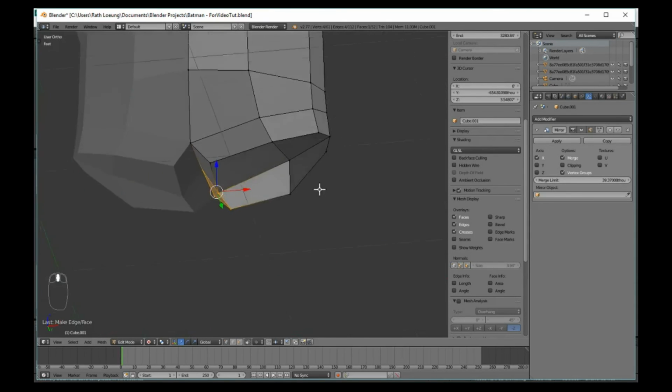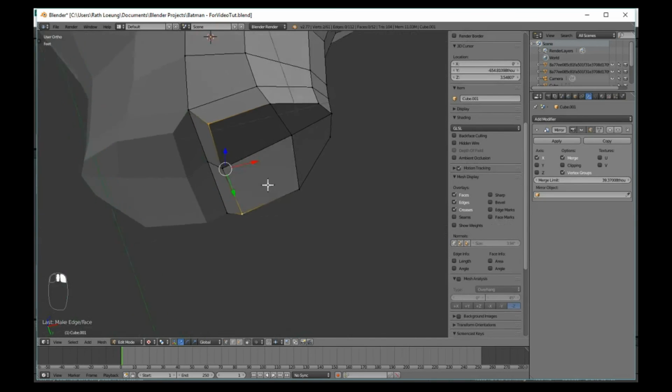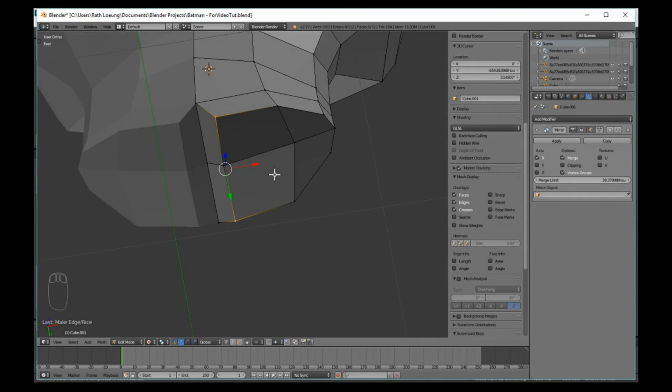Okay, let's grab this vertex and this vertex, and we're going to pull this. Instead of just arbitrarily moving it, we're going to do something called an edge slide, which moves the vertex along the line that's already existing, I guess. And Shift V activates the edge slide. You can see it's sticking to the yellow line. I'm going to bring it back just slightly,